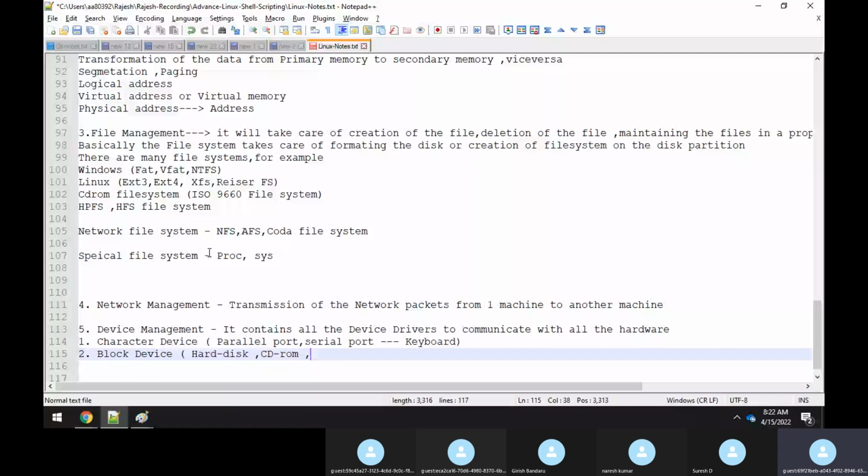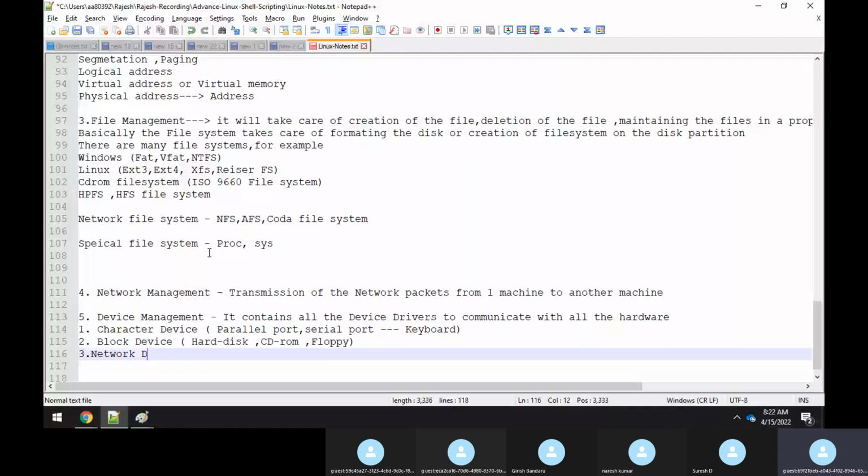Third is network devices. Of course, your network card. For example, the network card example is nothing but Realtek. You might have heard about Realtek network cards. There are many other vendors, a lot of different manufacturers. One example is a Realtek network card, right?